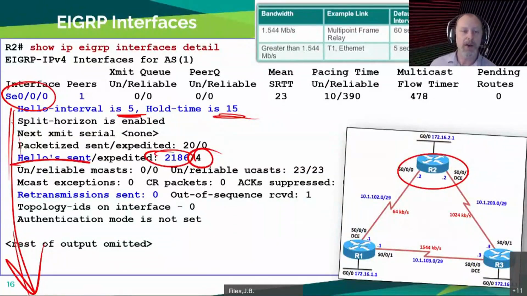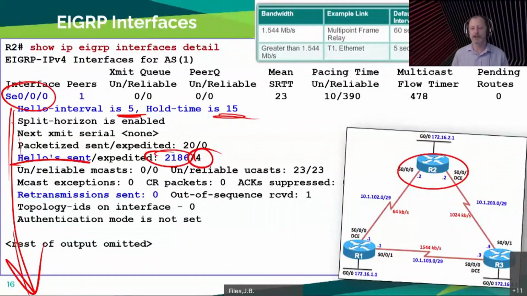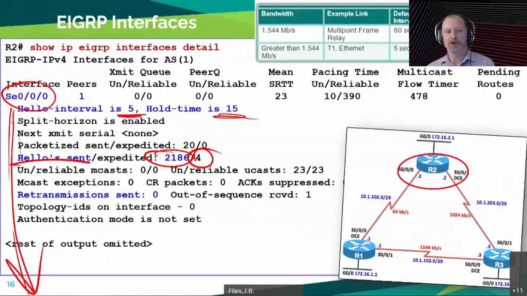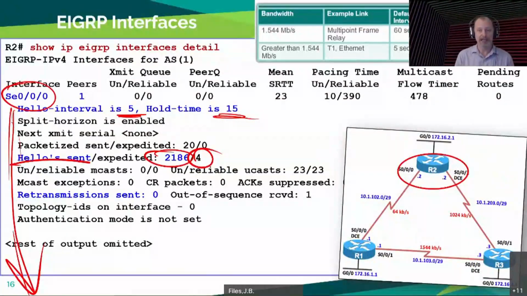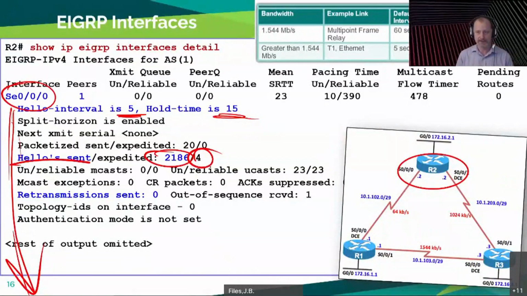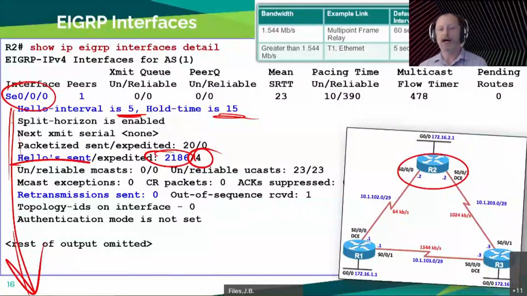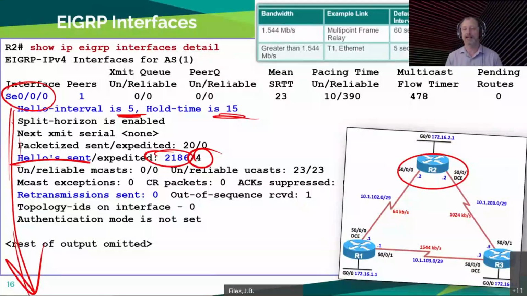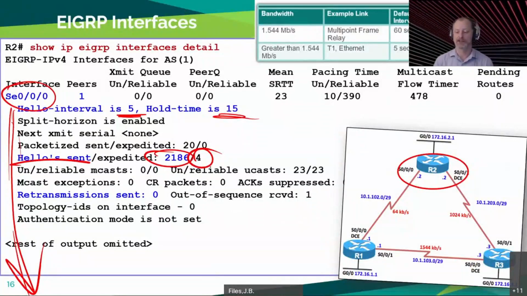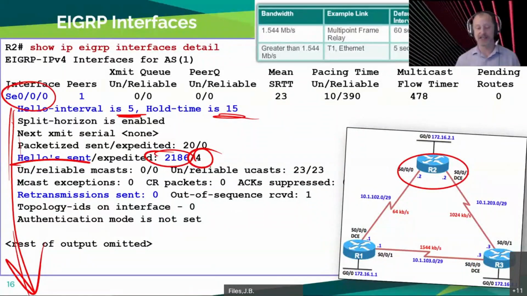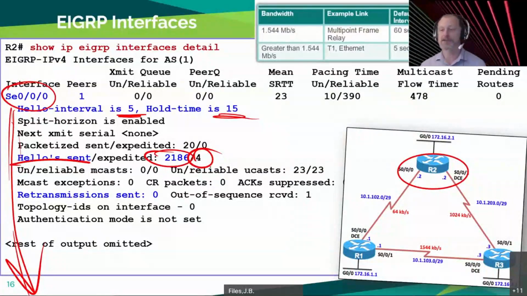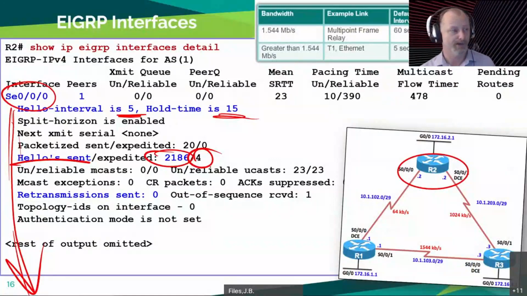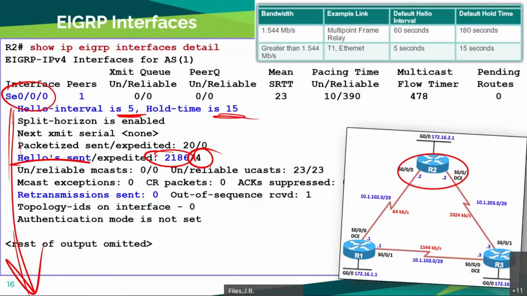Okay. The hello packets for EIGRP are very, very small. And depending on the interface, we're going to send them by default every 5 seconds, except for T1 or slower non-broadcast multi-access networks, such as the serial links here. They're going to be sent every 60 seconds unless you were to change that. Okay. Oh, I'm covering up the